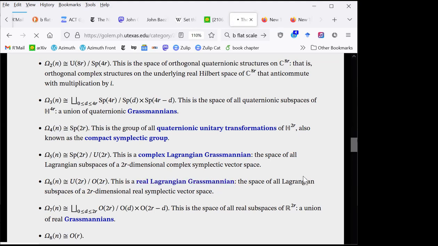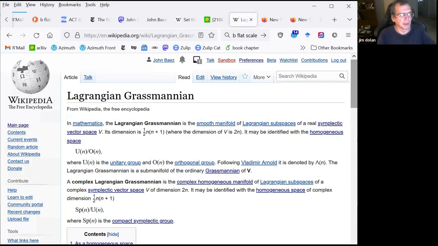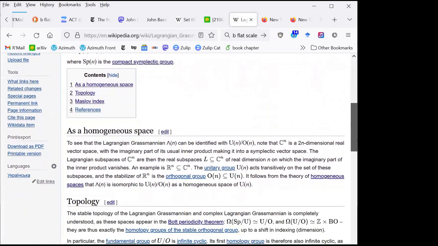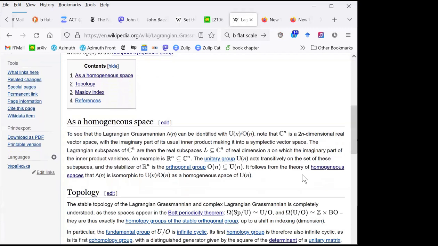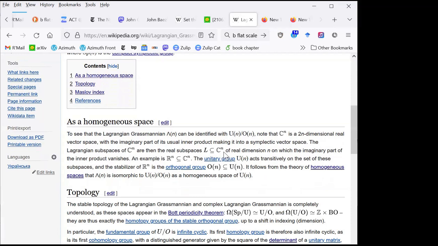But anyway, there are some very fun things going on here. I asked some people and they said, come on, it's obvious, and it was obvious. And so then I stuck the answer in Wikipedia. The idea is that you're trying to understand all the Lagrangian subspaces of a 2n dimensional real vector space. So you say, okay, well, just make it into a complex vector space like Cn.